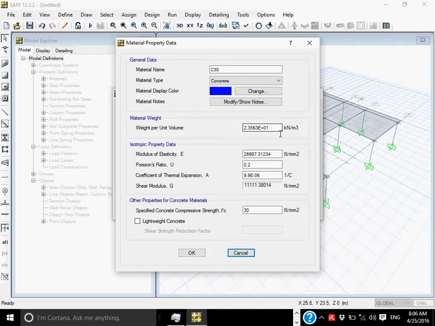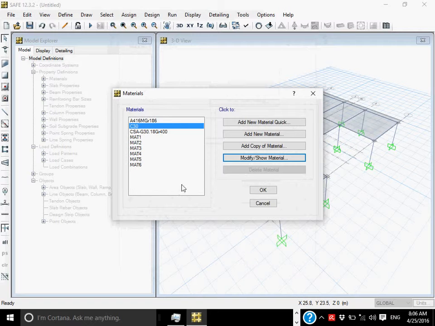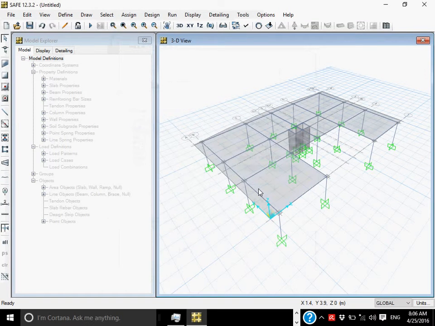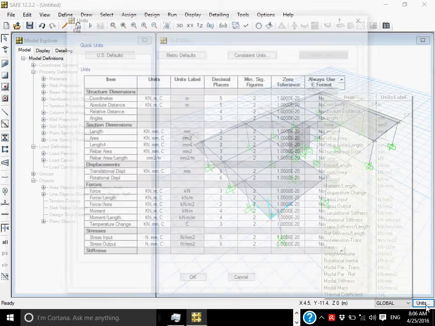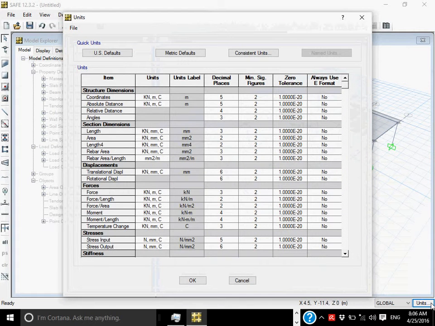This is the unit weight, this is the modulus of elasticity, Poisson's ratio. Anyhow, this is one we can use. Make it okay. But before that, let's see the units. What are the units? Oh, the same units.